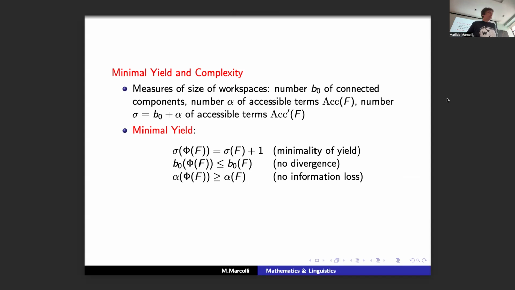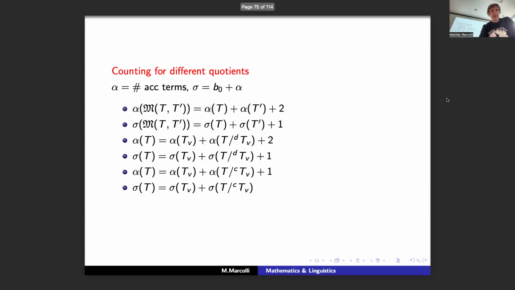I'll come back to this in a moment, but the fact that you want this to increase is saying that you want your creation of structure to have more complexity than the structure you start with. So even though the number of components itself is not increasing, the number of accessible terms is increasing enough to make the complexity of the available material actually increase. Okay, so now